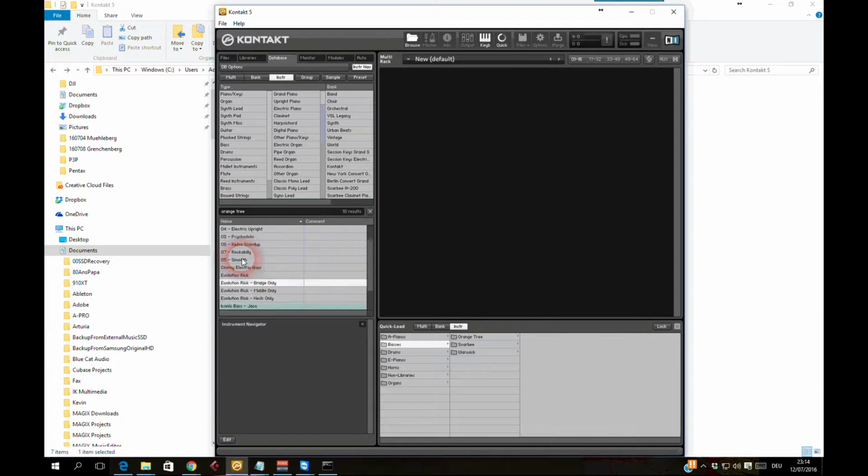By the way, these Orange Tree bass libraries are just fantastic. So anyway, the more handy thing for me was really to have basses, then Orange Tree, and then I could go to Evolution and just load it. So anyway, I now have this very nice handy organization of my sounds in this Quickload structure,